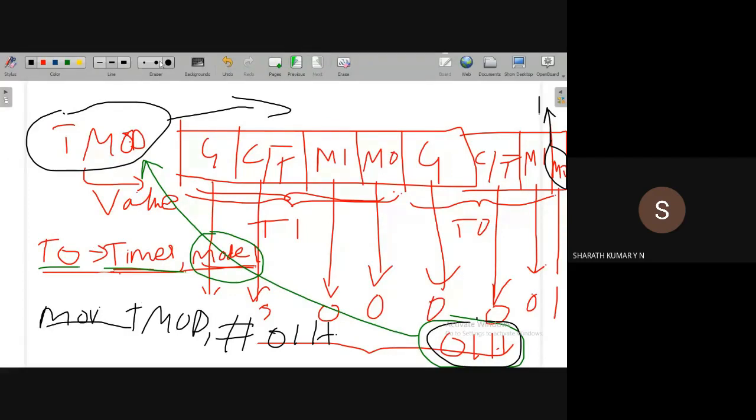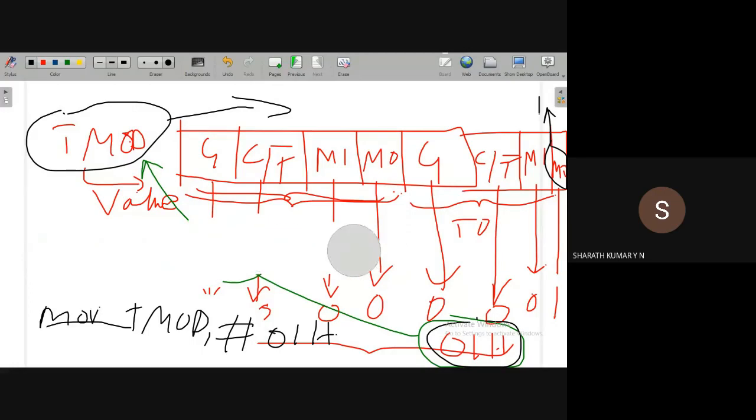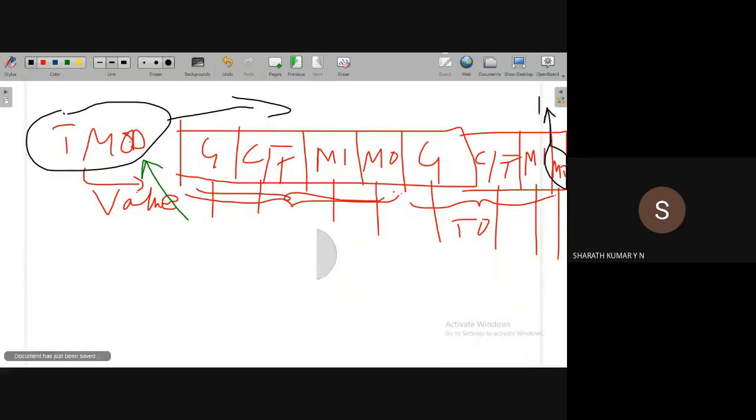We'll take one more example, because this calculation part should be thorough and clear, so that we can easily find out the value to be loaded to the TMOD register to select a particular timer in a particular mode of operation.